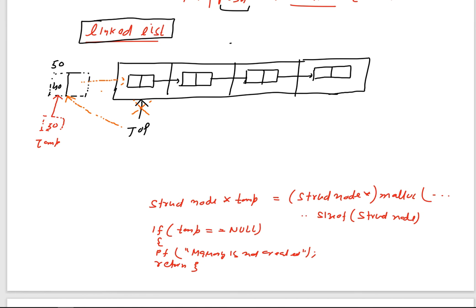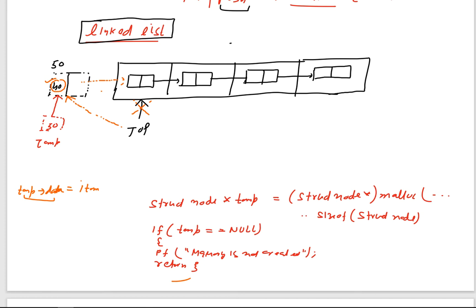After this, let me write here the item. What is the item now? This particular item, I can hold it where? In temp of data part. So whatever item I want to insert, let us suppose I want to insert 40, I can put this 40 into this particular data part. So I've just put this 40 in the data part here.